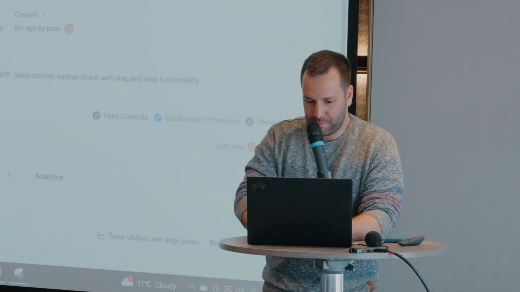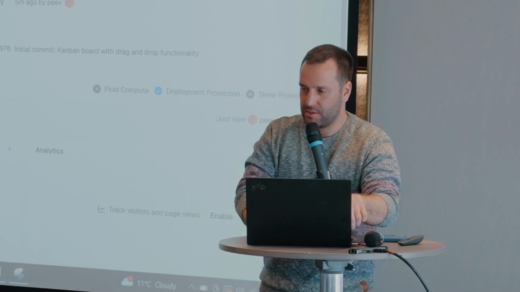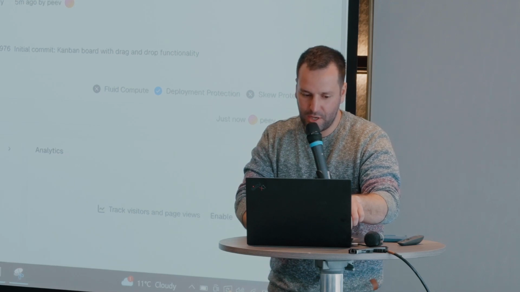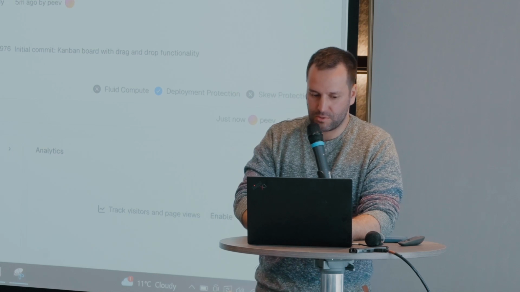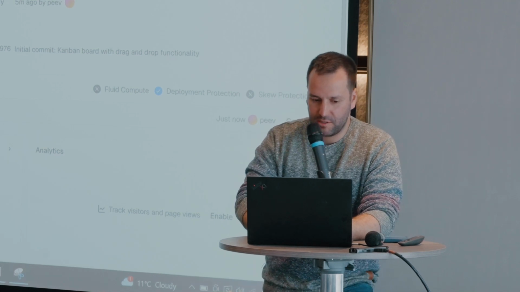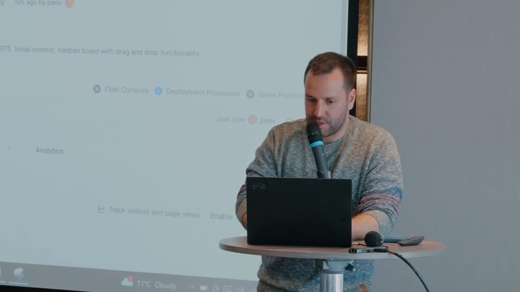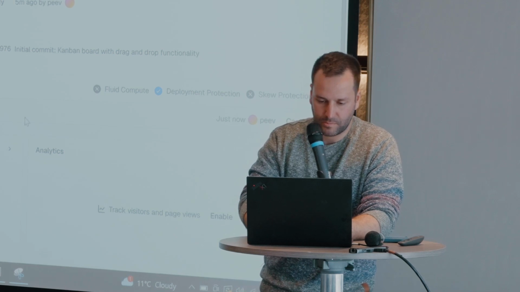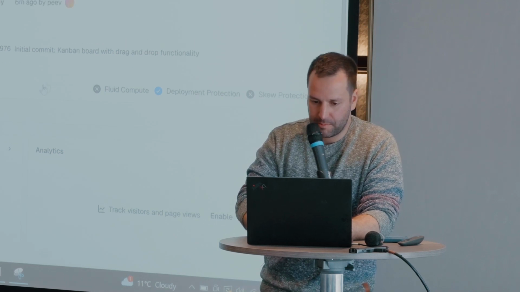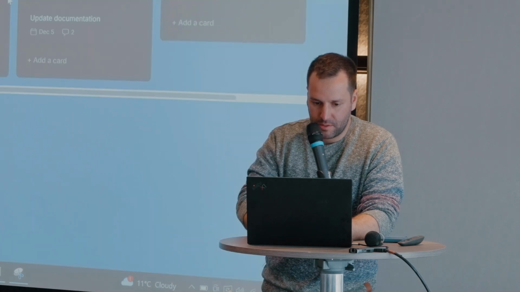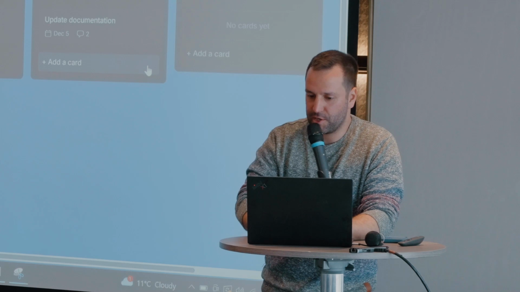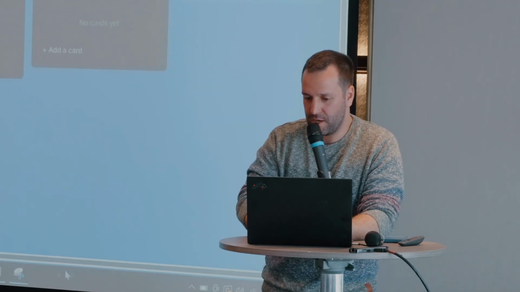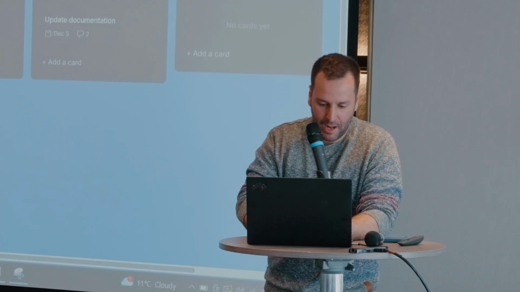Okay, so we've pushed, and you see it's saying building. So Vercel already detected this push, and in a second, if there are no errors, this thing should flash in green and say that we're ready to test again. Okay, perfect. Oh yeah, it managed to remove the scroller from here, but it moved it to the bottom of the page, which actually makes sense.